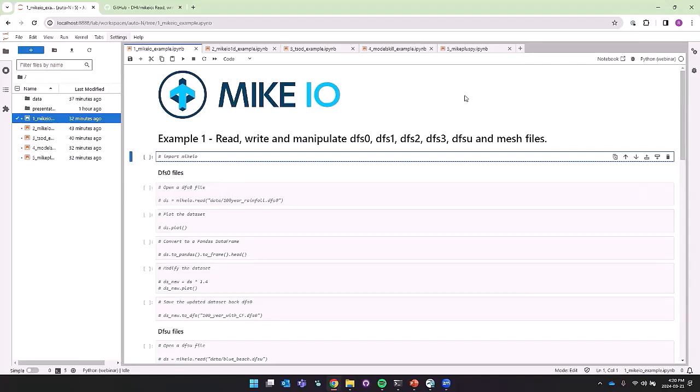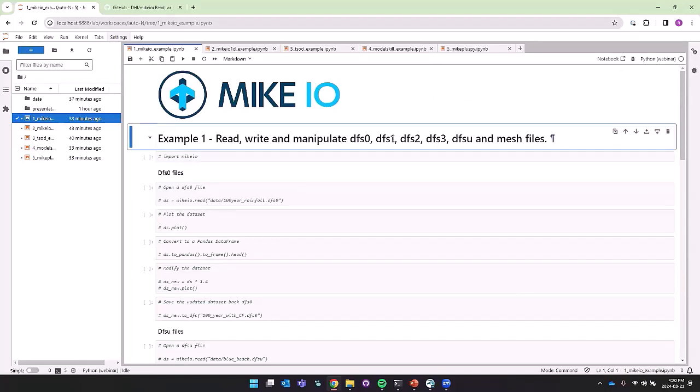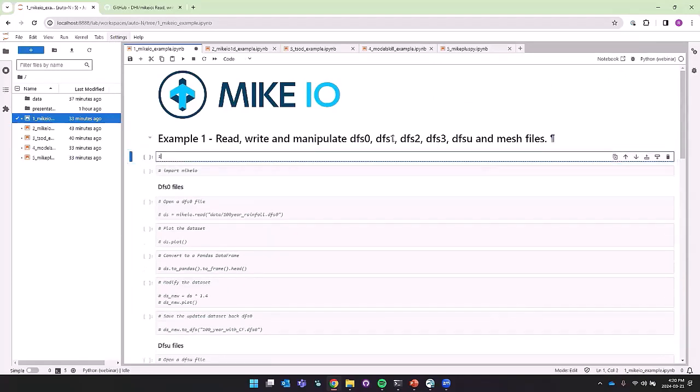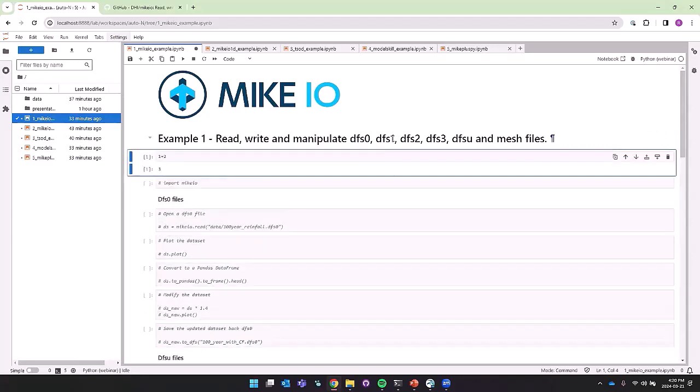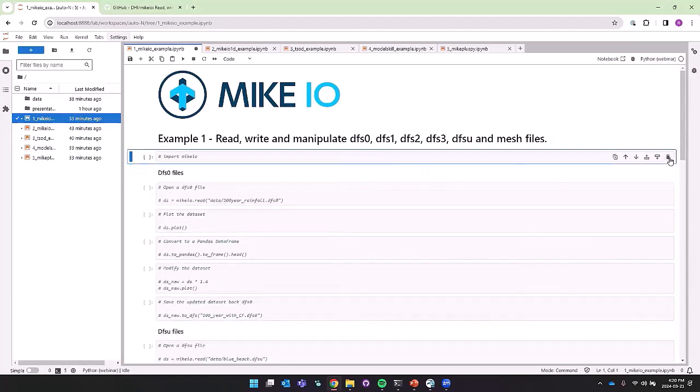So just as an example, say like 1 + 2 in this cell, run it, and then you get the answer 3. So that's what a Jupyter notebook is like. And then you can have all of this marked down. I have images, and you could think that you could use these notebooks to deliver a report to a client, for example, or as an appendix to your report.